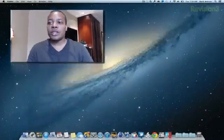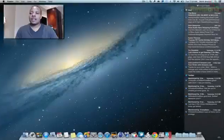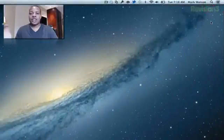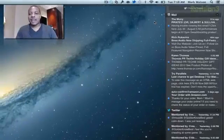So first, I'm going to jump into the notification center, which I think is probably one of the biggest additions that I've been using the most. You can activate this just by hitting this little notification center icon in the top right hand corner, or you can swipe with two fingers from the right side of the trackpad to the left, just like so. You can't see my hands, but I am doing that, and it'll go ahead and activate the notification